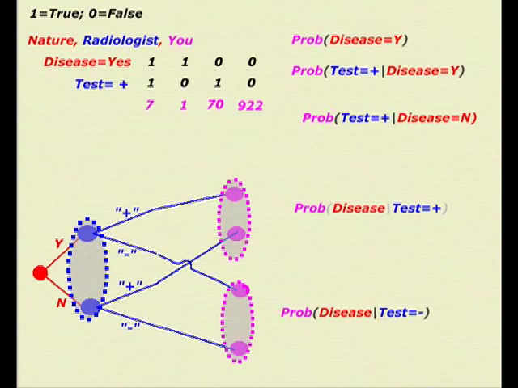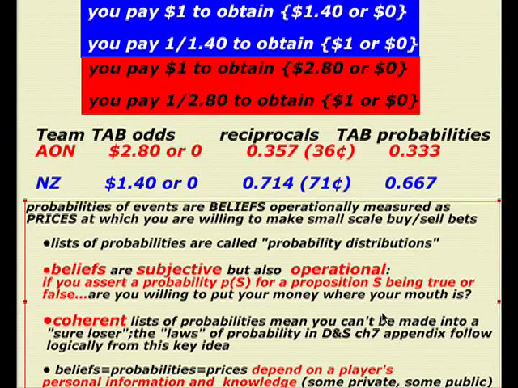Okay. Sorry, let me just go back to this last little thing here. They're operational. The coherency idea is what I said about the probabilities adding up to 1. There are all the other laws of probability you can derive from this behavioral stuff about buying and selling tickets on contingent events, in such a way that you have to satisfy the laws of probability. That's what coherency means. But it also means if you don't, you'll be made into a sure loser.